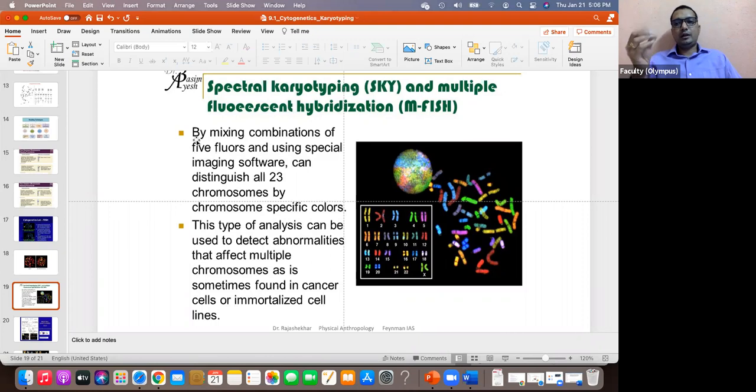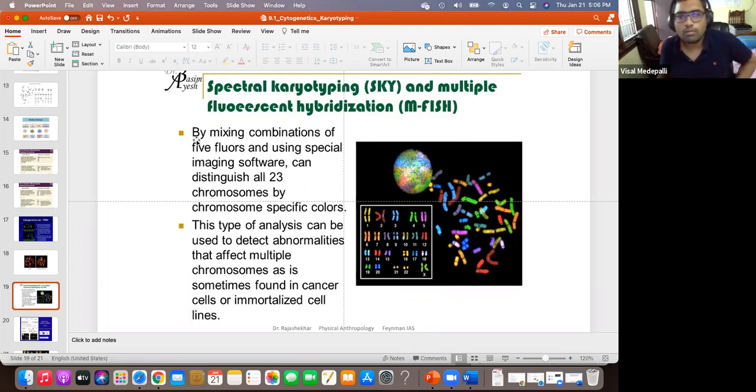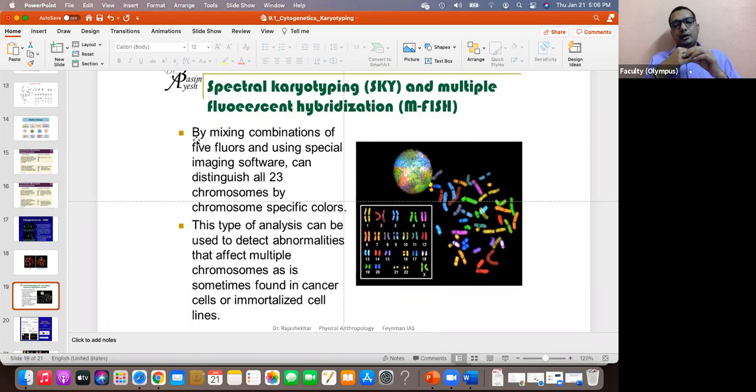Spectrum means different colors, the different wavelengths. We say wavelength spectrum. We say it is a range. So spectral karyotyping is... Would they be using a normal light microscope or a spectrometer? They don't use a spectrophotometer for this. They have to use microscopes which can actually identify the colors. In the sense, the microscope should have some form of color development ability. So they have to be better than simple light microscopes.